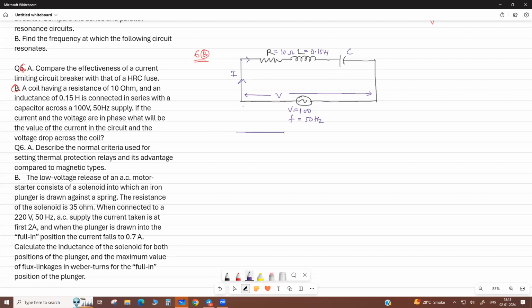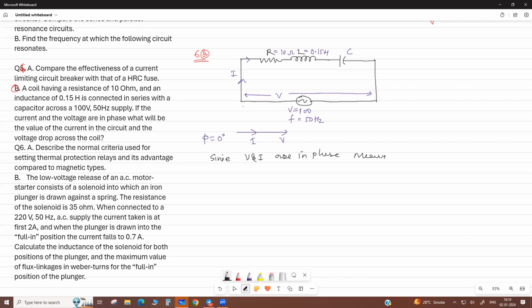So if your voltage and current V and I are in phase, it means phi equals 0 degree. Then cos phi is unity. So you can write here, since voltage and current are in phase,